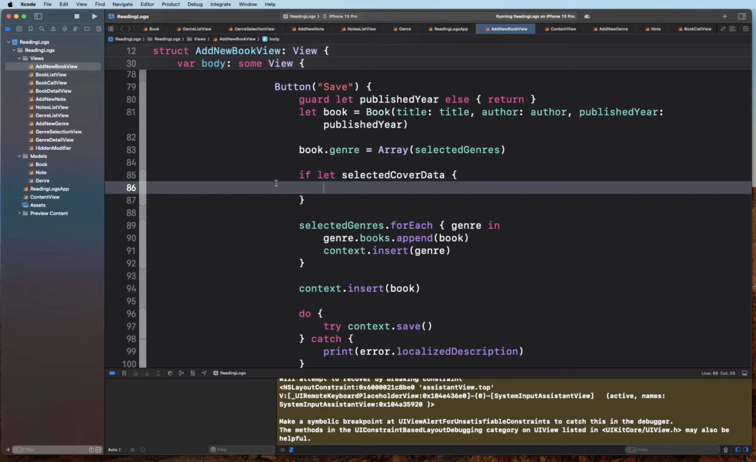Okay, so that's why we are doing if let selected cover data, and then we're simply going to reach out to the cover property of the book and set it to selected cover data. And as you can see, selected cover data is no longer an optional property. It is an unwrapped value. Okay, believe it or not, this is mostly it that you need to do in order to save this image